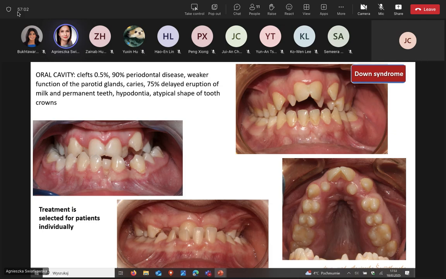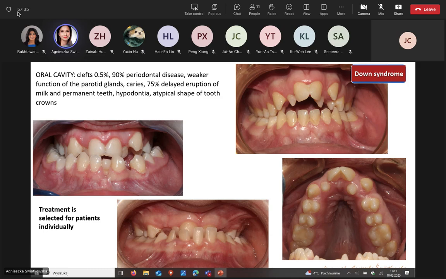In fact, we have a huge problem with this because very often I observe that the root of the permanent tooth is fully developed, but the tooth is still in the bone, and we wait a lot of time for eruption. Of course, we don't have a possibility to bring this impacted tooth into the arch,